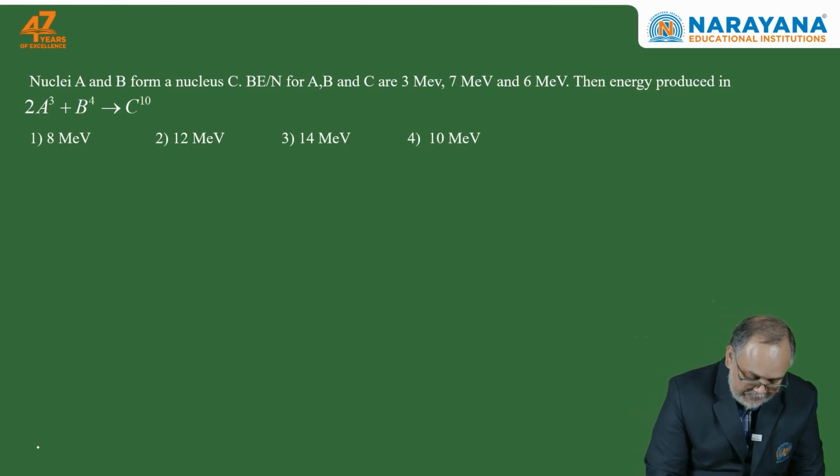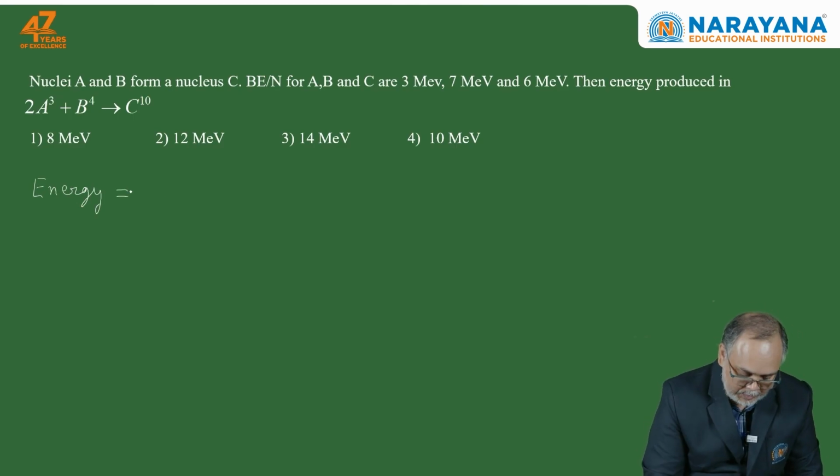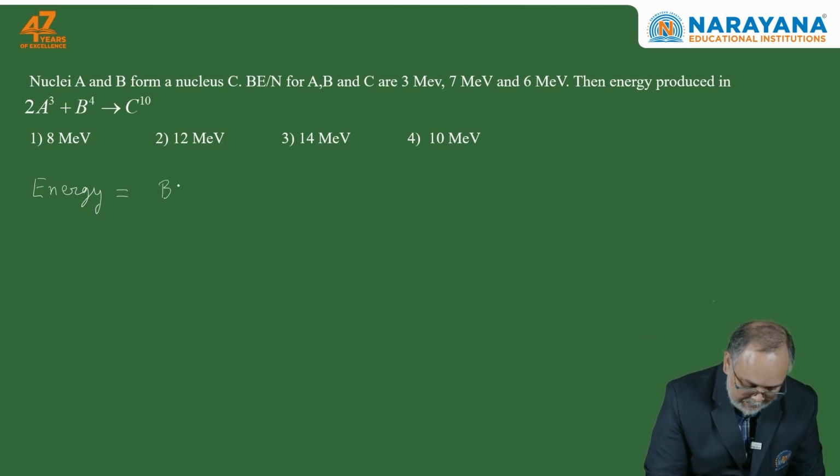So here we can write energy released in the process, energy, this will be equal to binding energy of C minus binding energy of B minus 2 into binding energy of